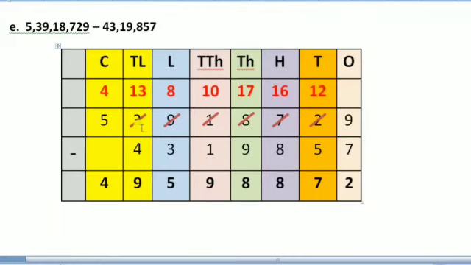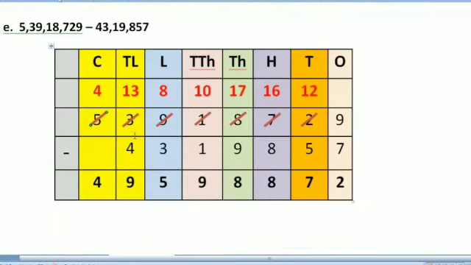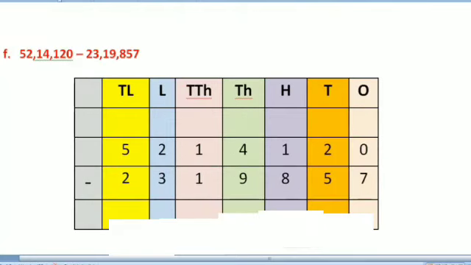3 minus 4 not possible. So from 3 subtraction of 4 is not possible. So again 3 will be going to the next column and asking 5 to lend 1. So when 5 lends 1 to 3, it becomes 13, and 5 will be left over as 4. After lending 1, it becomes 4. So 13 minus 4 when done, it becomes 9. 4 you have to write as it is. So this way we will be having final answer as 4 crore 95 lakh 98,872. Try to solve the next sum in the similar manner.